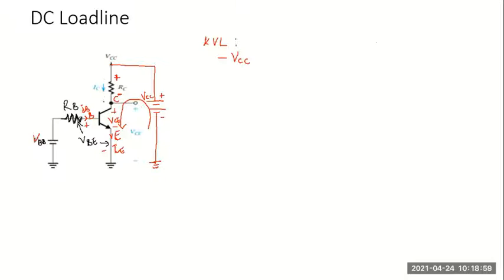So now IC is flowing like this, which means the drop developed, the potential at this end is positive and this end is negative. So I have to consider that drop as minus ICRC, correct? Drop across this resistor. Then what about the voltage drop across the transistor? Again, we are moving from positive to negative. So minus VCE is equal to 0. Nothing else here. Correct?